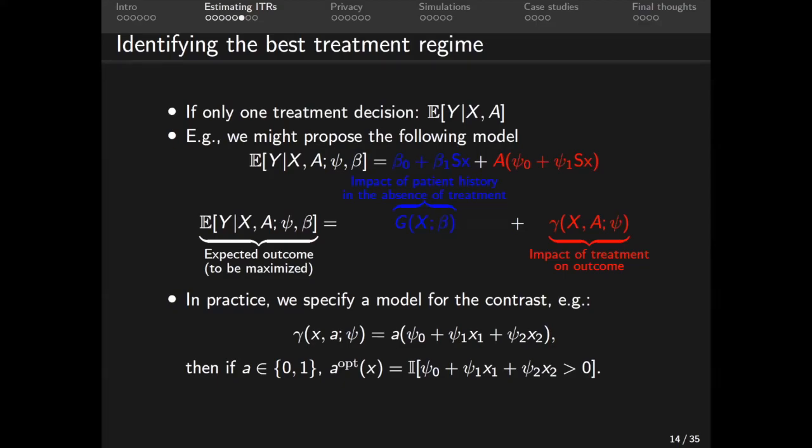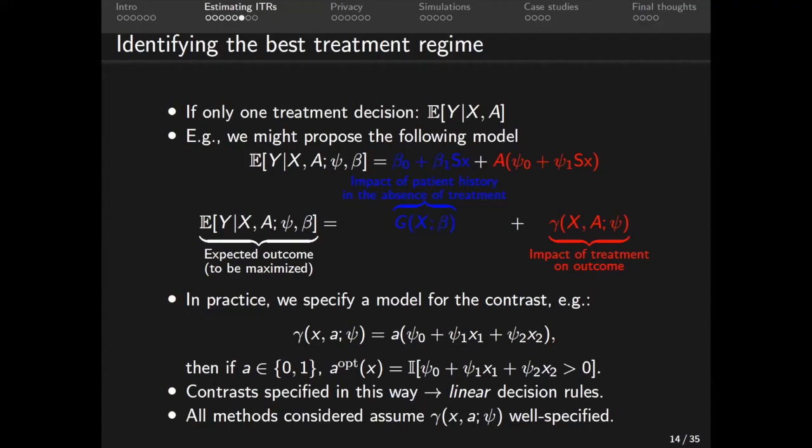But if it's negative, I want to get rid of it, right? It's decreasing my outcome where a big outcome is better. Well, I can't turn it positive, but I can set it to 0 and get rid of it. Okay, so I get this linear decision rule where I've got each of my covariates weighted by these psis. I add them up and I check what side of 0 they're on to decide how to allocate my treatment. Okay, so these are known as linear decision rules, and everything I'm going to do today is relying on the pretty strong assumption that this contrast is well specified. Okay, I don't have to specify the other bits I don't care about, but I do need to get that